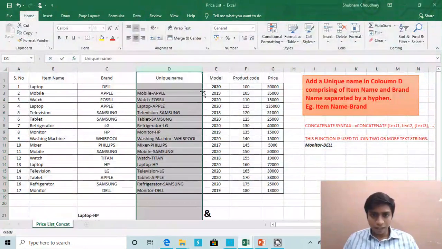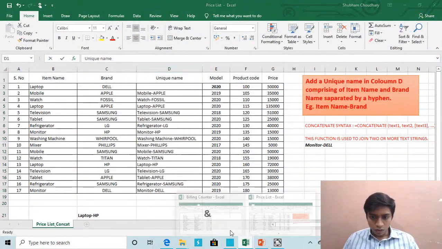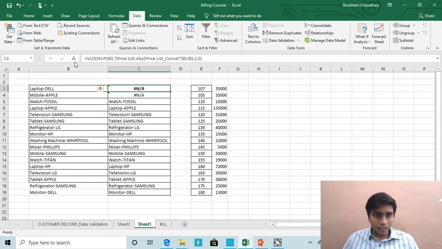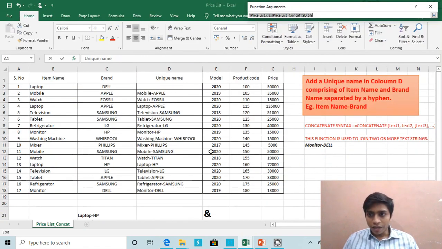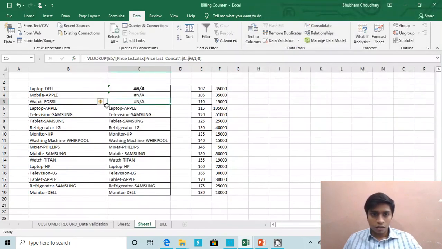For example, if I do here as well, I will just go to the billing counter sheet and show you this table array. If I select from here, means not from the unique name column, see what happens. This is again an NA.